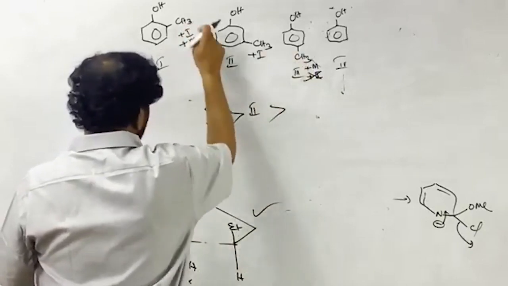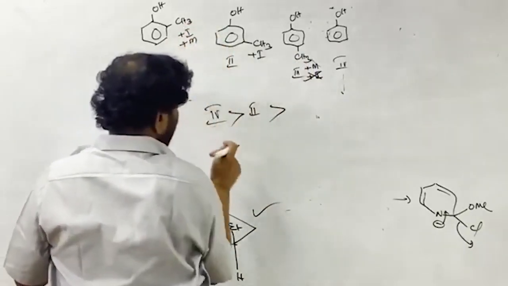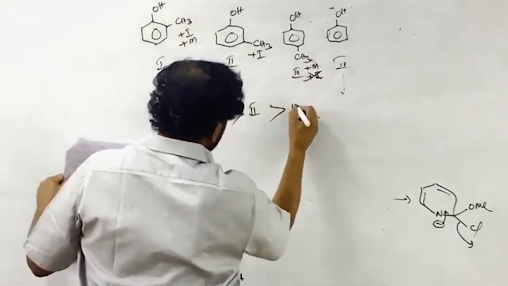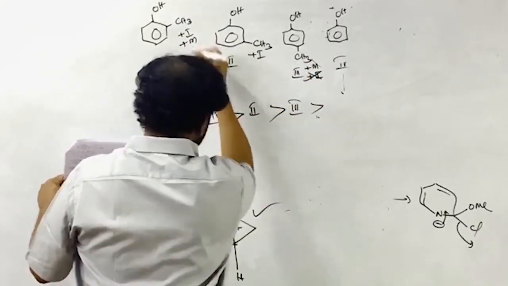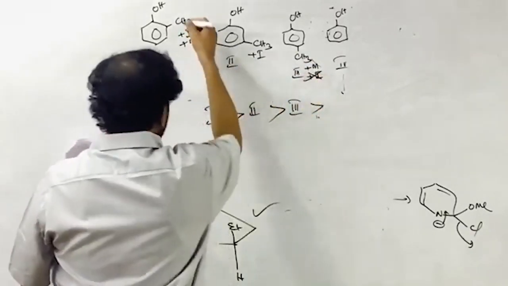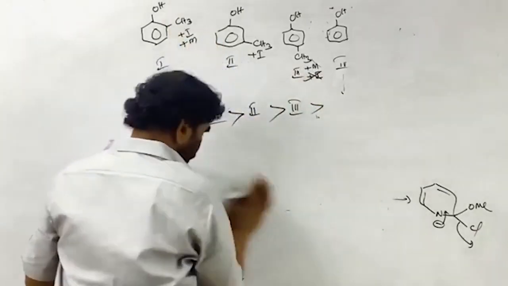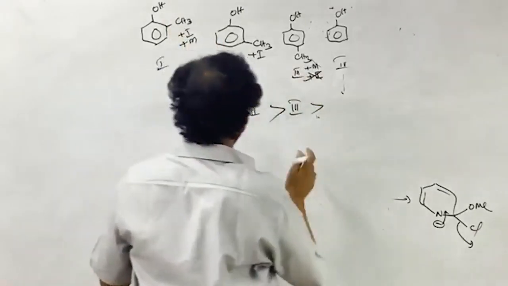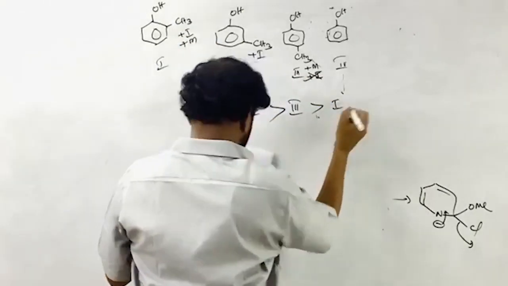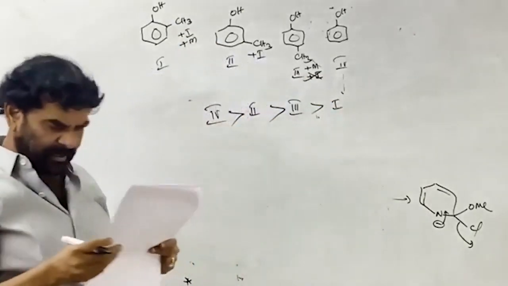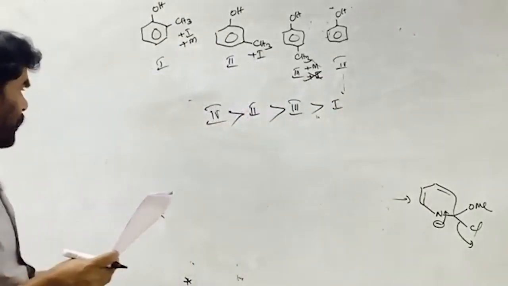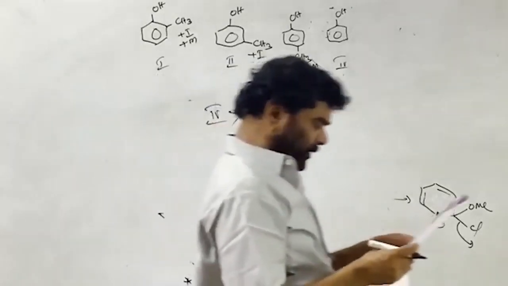Ortho shows the two negative, that is decreasing effects. Therefore this is 3. Next one is only plus I plus M effect. Plus M effect is equal from the ortho and para positions. It will not diminish with the distance. The last one is the 1. Which is the correct one? That is C is the correct one. 4, 2, 3, 1. Correct one.